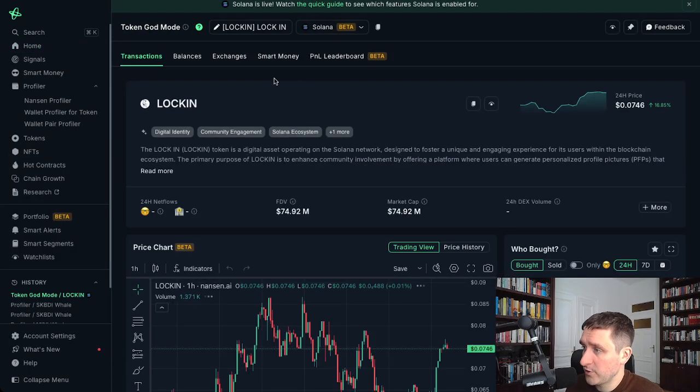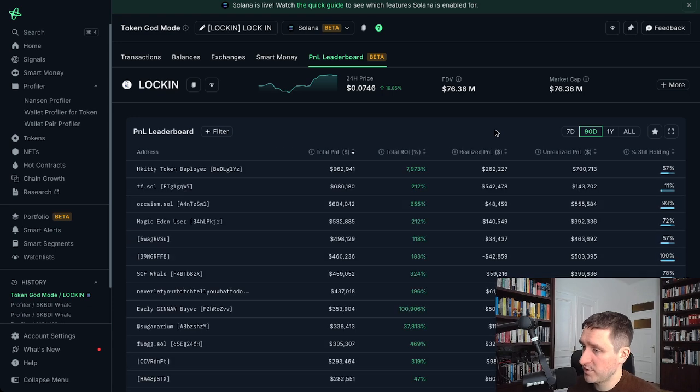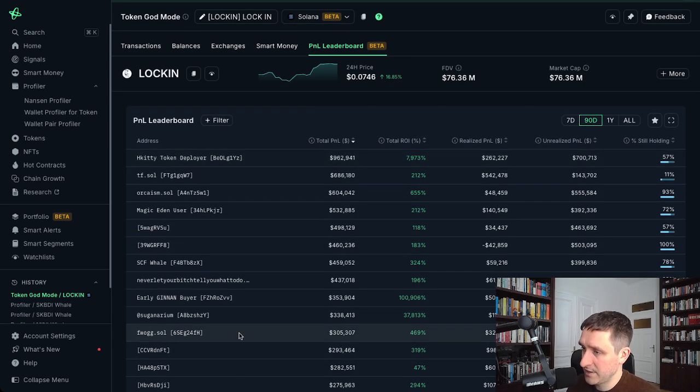And here you can also see the P&L leaderboard for this particular token. The current market cap is $76 million. This is one of the most popular tokens as well. And here you can see a bunch of